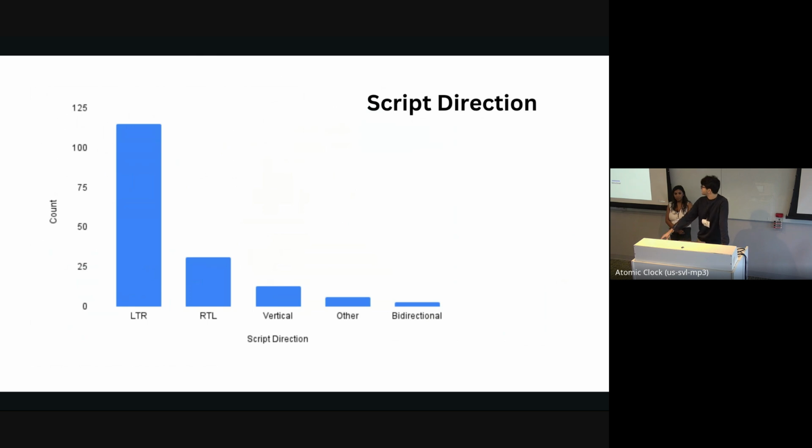Past that, looking here at script direction, you might see that the vast majority of scripts by far are left to right, and then the biggest chunk after that is right to left, and it really falls down after that. And then a lot of things are unspecified, or like Boustrophedon, for example. I always mess up saying that one. They're all put into the other category. And then verticals, just if there are any vertical components, is how we split it up.